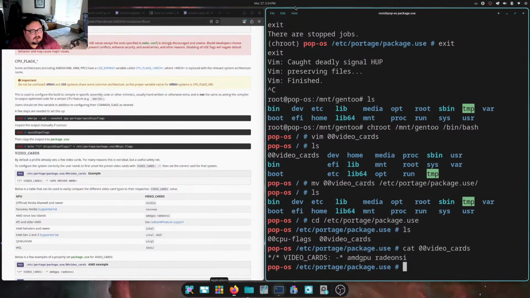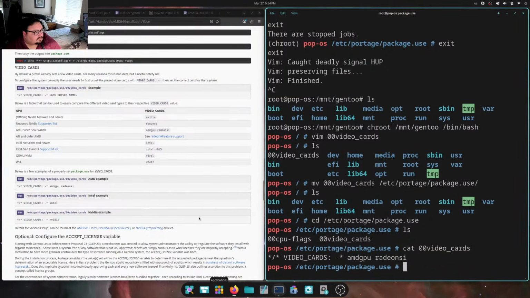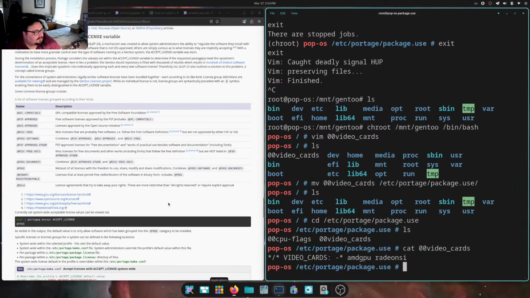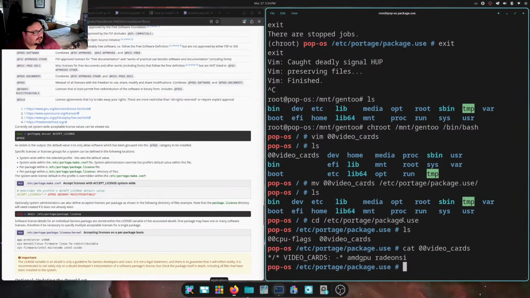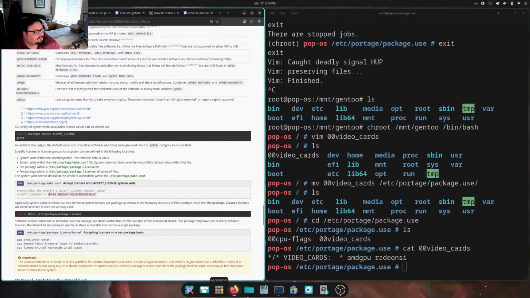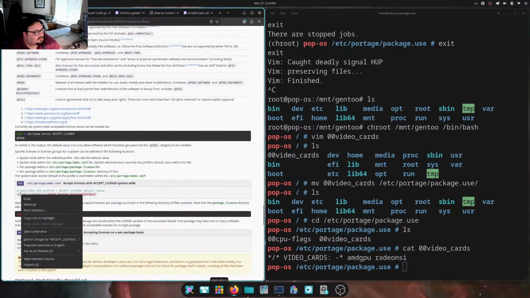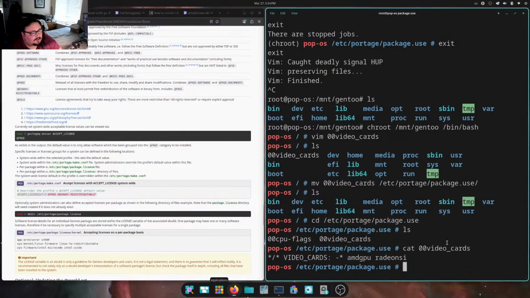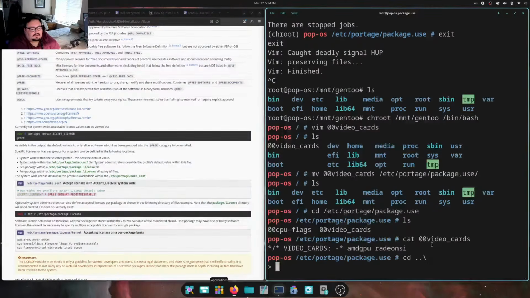AMD GPU Radeon SI, very good. And now we're gonna do our accept license. So we're gonna get the free and binary redistributable. So cd